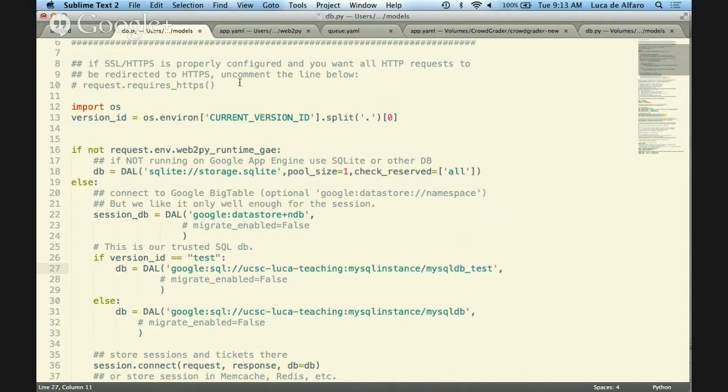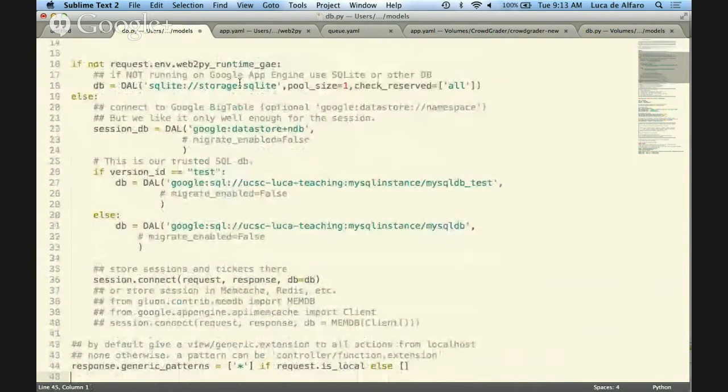So it's one of the beauties of Web2Py that it's really flexible in terms of how you decide to connect to databases. Now, I don't recommend it, but if you wanted to have super high traffic, one of the things you could do is connect to 10 databases. For example, one of the ways in which I can make CrowdGrader scale to very large sizes if I ever need is this. In CrowdGrader, most of what happens is related to a single class. Most of the data interaction is for one assignment only.